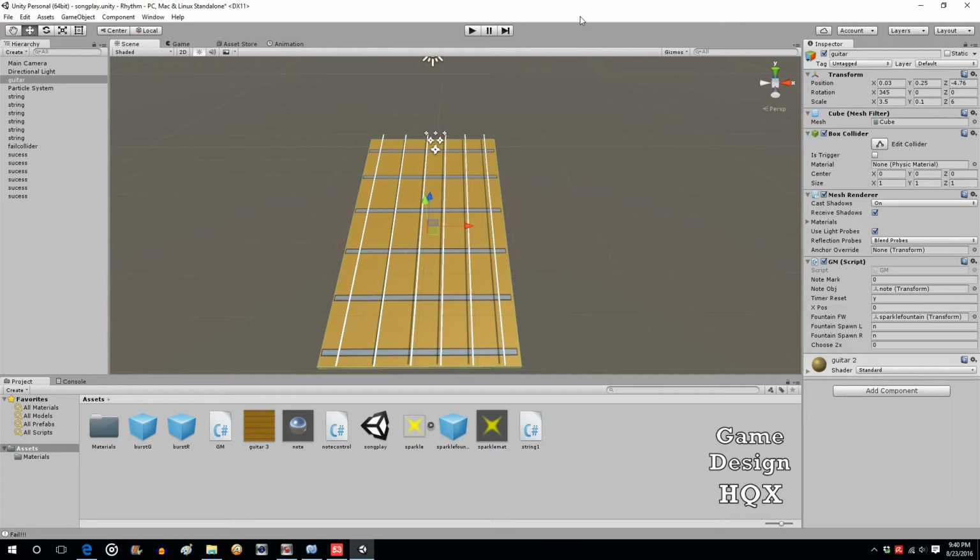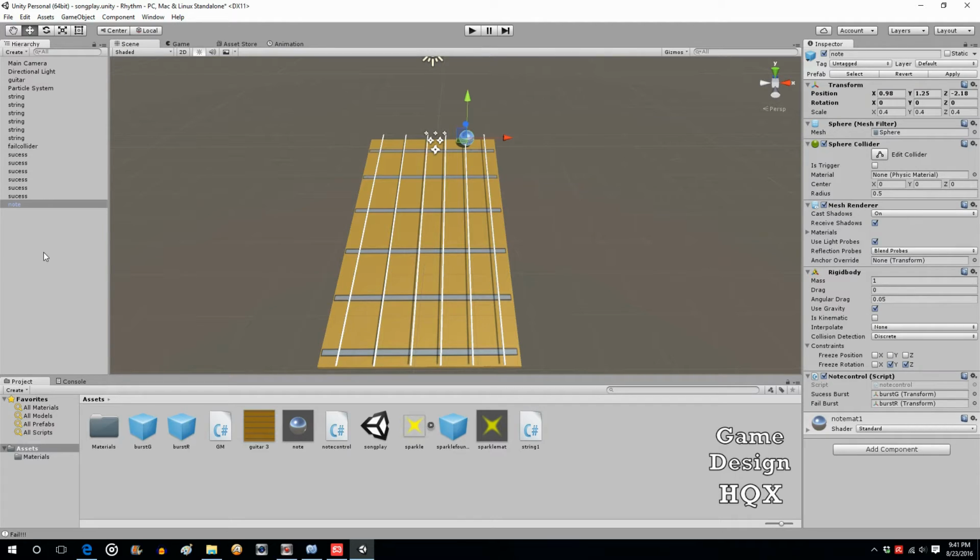Okay, so in the last video, we added a second way to play a note. You can now hold a note. So now we need notes that require to be held that extra amount of time. So first, let's create the note. Let's just take the pre-existing note, drag it into the scene, and we're going to rename it. We'll call it Note